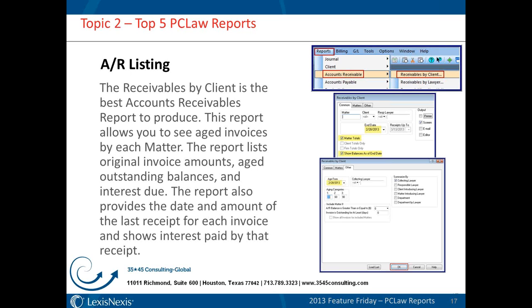Sometimes we want to focus in very closely between the 30 and the 45-day mark. If we're looking at what actually moved into that 45-day mark, then we know, okay, it hasn't completely gone into that 60-day column. So we can look at the in-betweens by changing our aging categories. We can also focus, most importantly, on what is the total client investment. So I may want to see not just what my receivables are that have aged significantly, but what the aged receivables are that are over a certain dollar value,